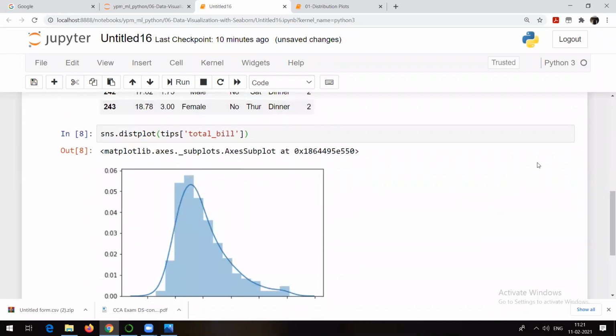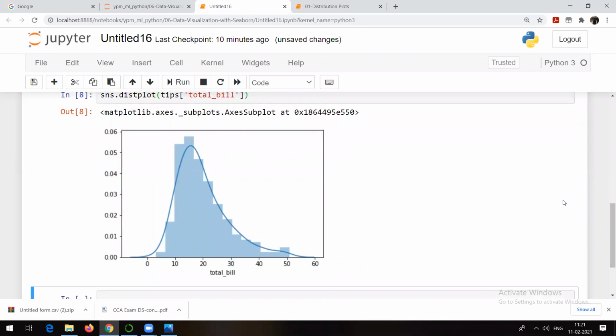See, this is showing you the distribution. Now what can you interpret from this distribution plot? We can interpret a number of things. For example, on the x-axis we have total bill. On the y-axis we have some values here. Actually we are talking about one column only, so obviously there is no second dimension here. But you can check this total bill. You can see people who are paying 0, $10, $20, $30, 40, 50, 60. There are very few people who are paying a bill between 40 and 50. You can check it, very few people are there.